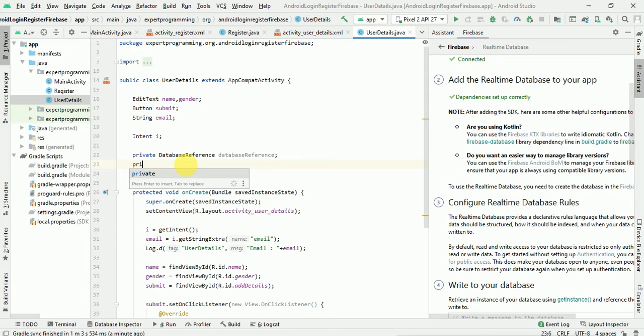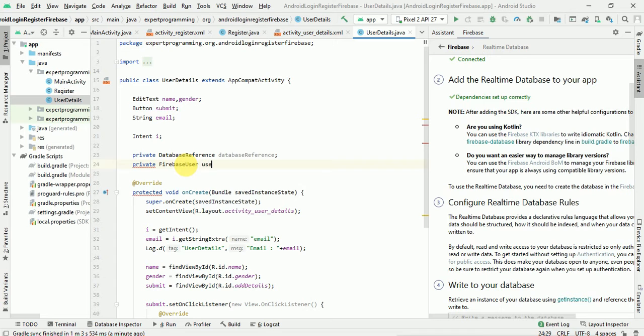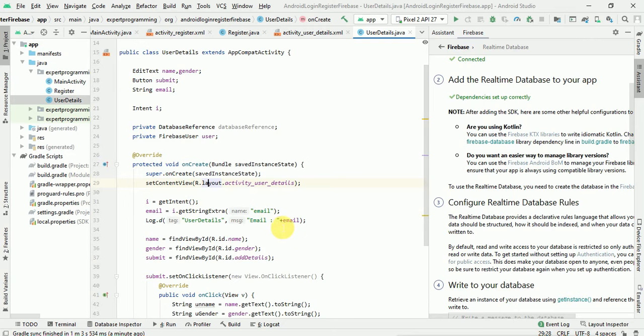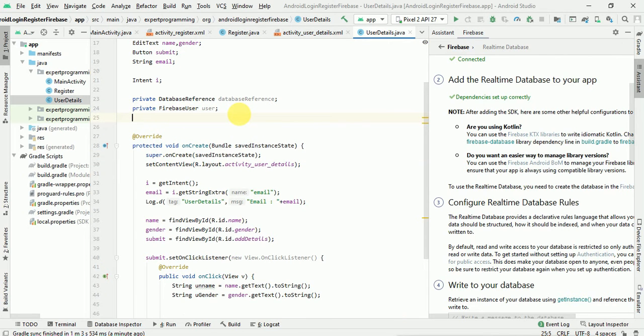So for that also, private FirebaseUser will give the user. Now both have been created. Now let's initialize this. Now we'll also give one more, string curUser, that is current user, which will be empty for now.